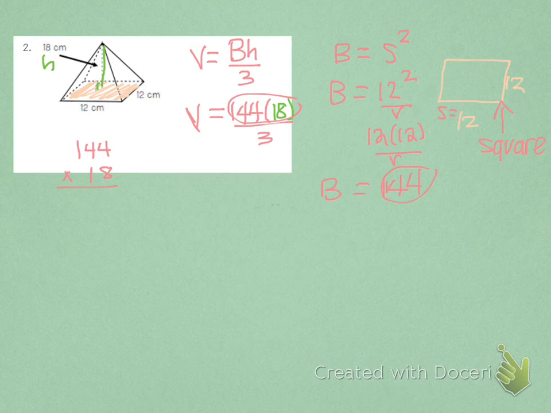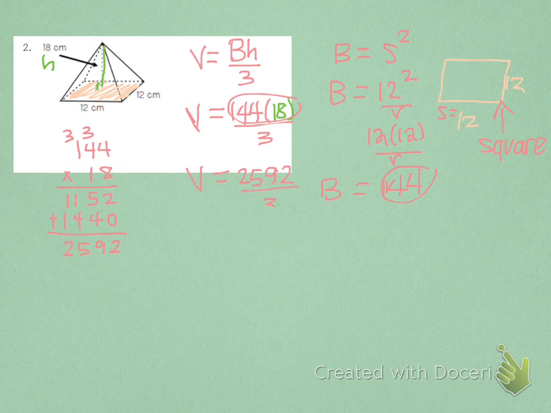8 times 4 is 32. 8 times 4 is 32, plus 3 is 35. 8 times 1 is 8, plus 3 is 11. 0. 1 times 4 is 4. 1 times 4 is 4. 1 times 1 is 1. Okay, so 2 plus 0 is 2. 5 plus 4 is 9. 4 plus 1 is 5. And then 1 plus 1 is 2. So volume equals